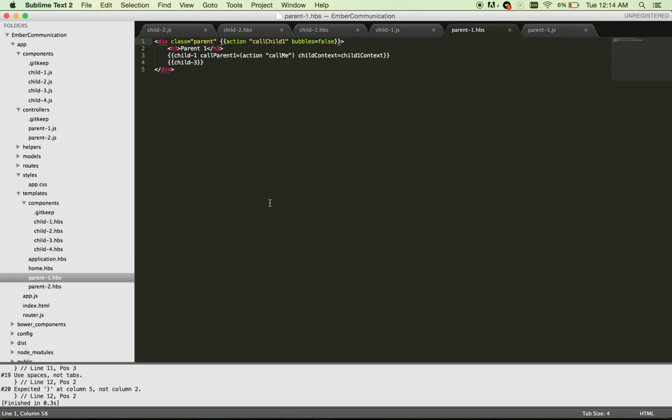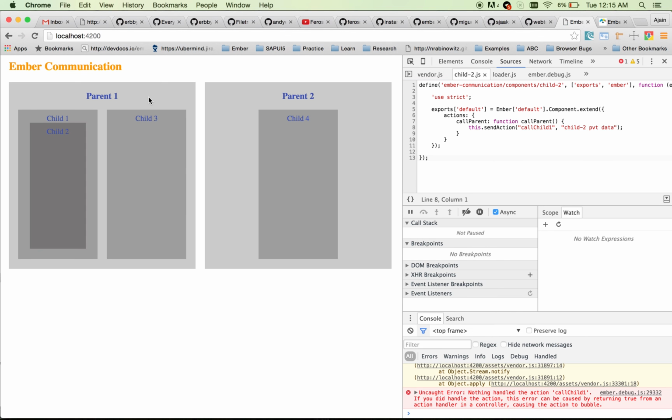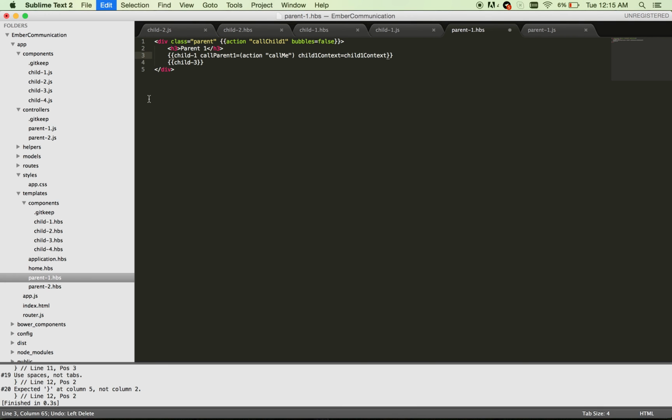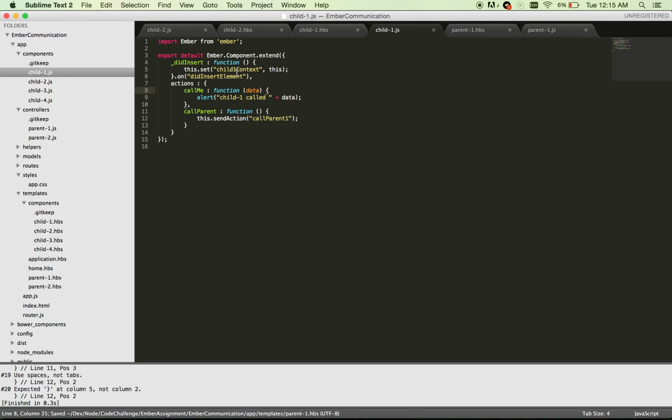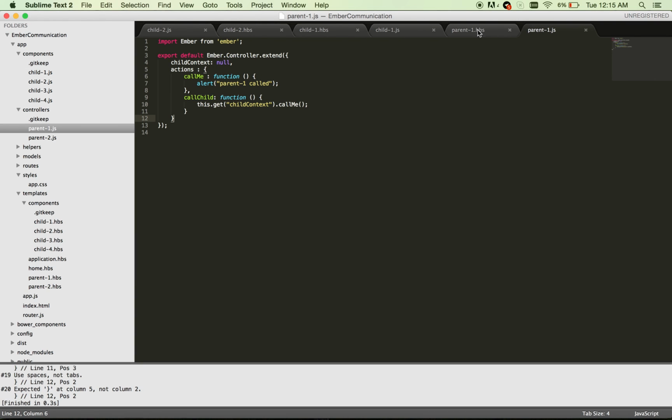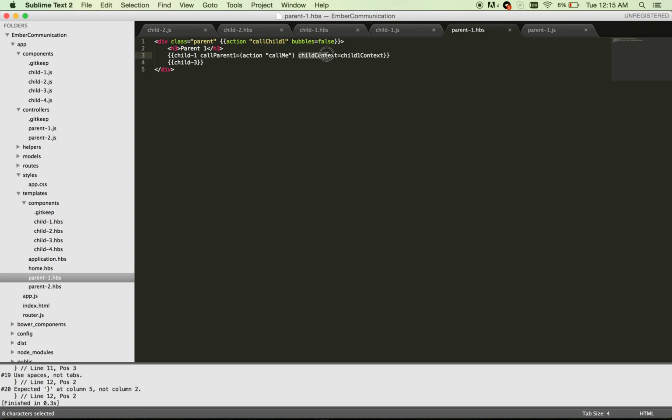Good, so I've just committed this. Child context, so child 1 context. What did I do? Okay, I believe I just have to do the vice versa. So let me do child 1. I just believe that I'm doing set pointer. So this does happen after the DOM is inserted. So, okay. So child